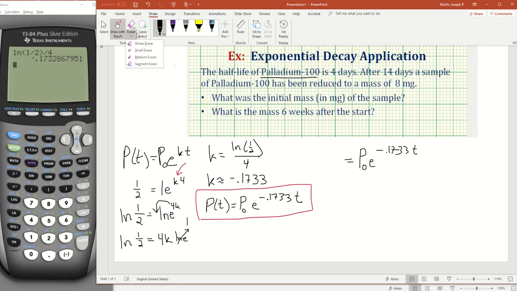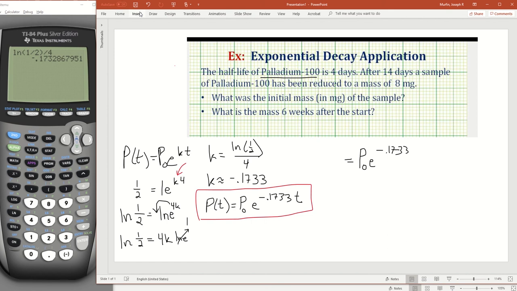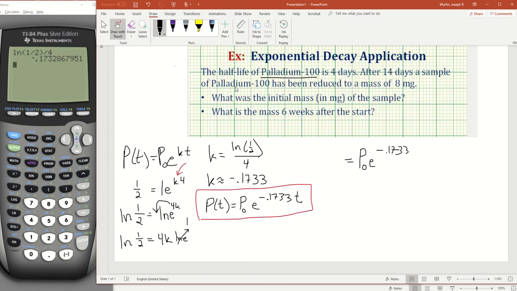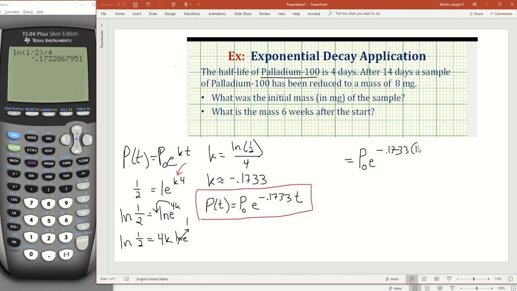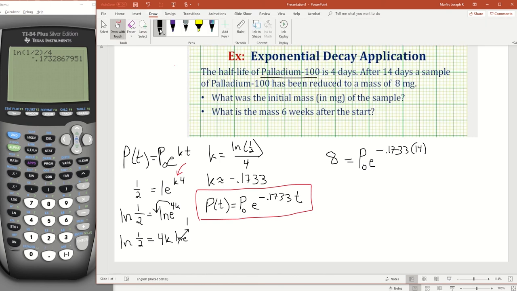actually I should erase this here. We know that after 14 days, so I'm going to put 14 right here, that we should end up with 8 milligrams. So I don't know the initial value, but I know that after 14 days, I should have a final value of 8 milligrams. So now I'm just trying to solve for p sub 0